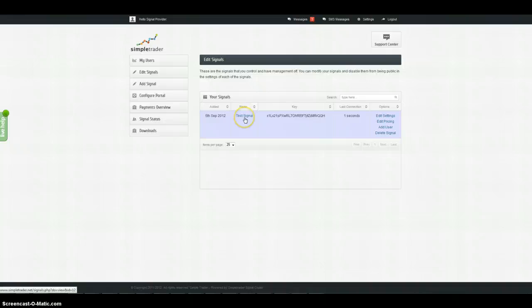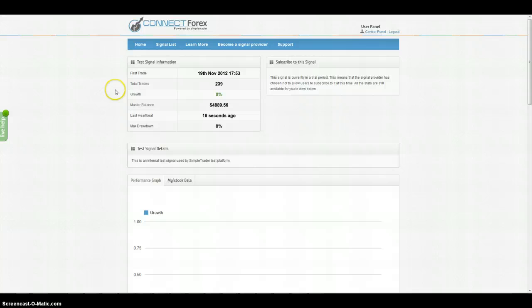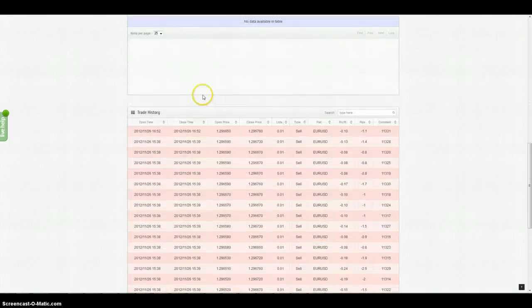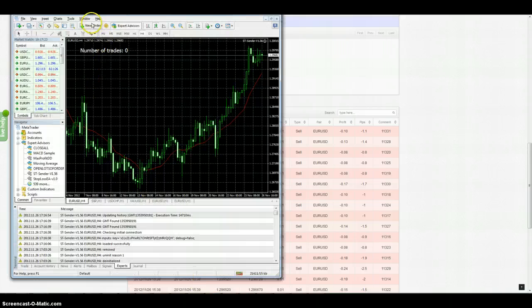If you click on test signal, this will take you to the Connect Forex website, and this is where the information about your signal is. As you can see, it shows the first trade was made on the 19th of November. There's been a total of 239 trades. It shows you the master balance, and it gives you a little bit of information about the trades in the trade history. If I open a trade,